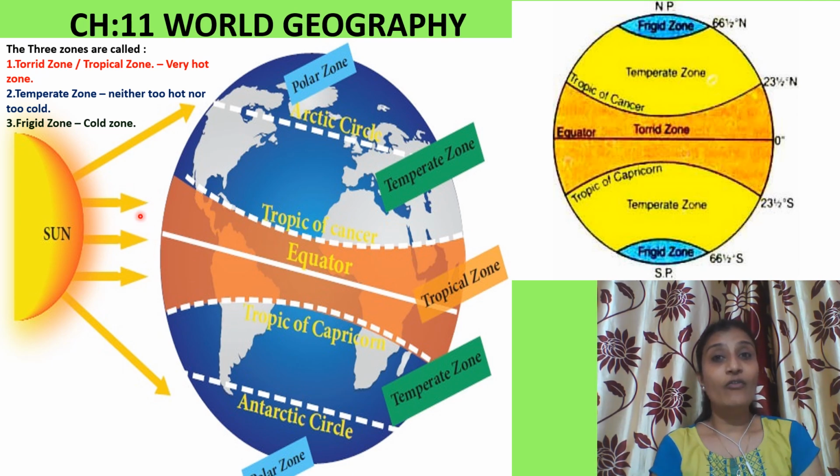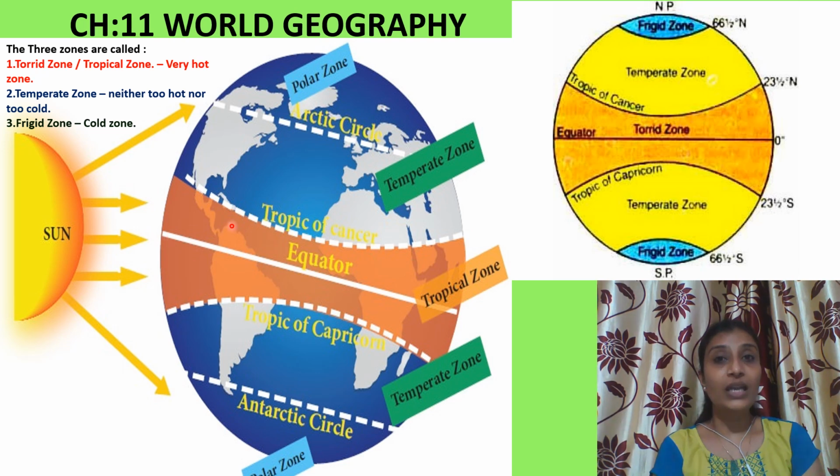Sun rays falling on the earth are straight and parallel to each other. Due to the spherical shape of the earth, they occupy a larger or lesser area. The rays which fall straight occupy lesser area. Can you see this in the figure, children? The straight rays fall on the equator to the tropics in the northern and southern hemisphere. Can you see this? Yes.